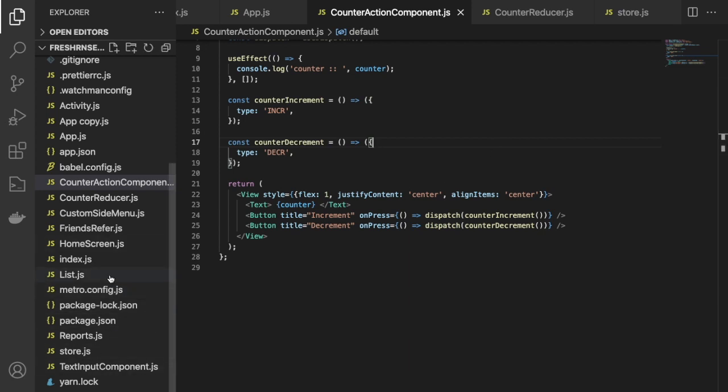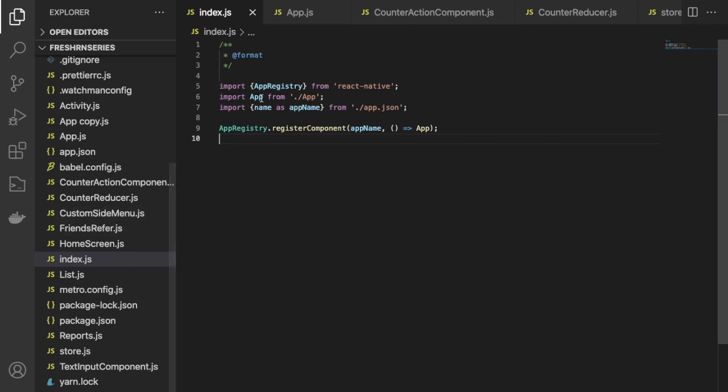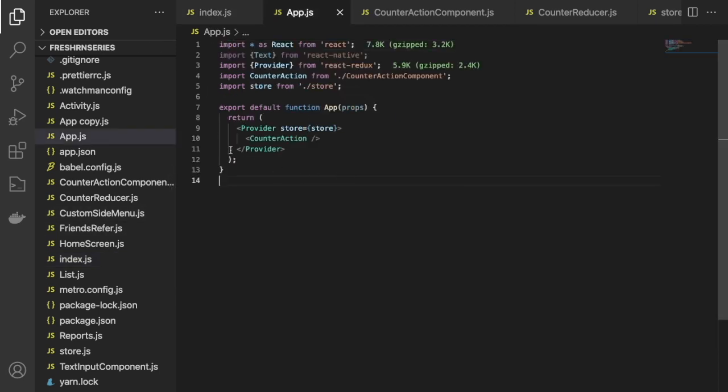In the index.js we are calling this app.js. Inside the app.js we are using the provider and the store here, and then we are wrapping this parent component, whatever you can say, here in the tree. If you are providing your component inside the provider, that means your component can access this store. If you're not providing your component inside the provider, you will not be able to access the store value. So here, what is the store?